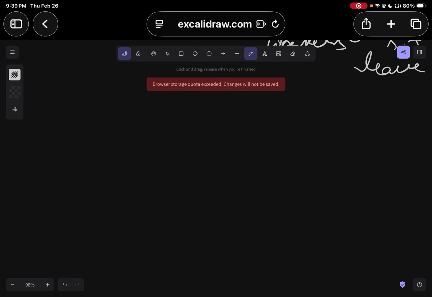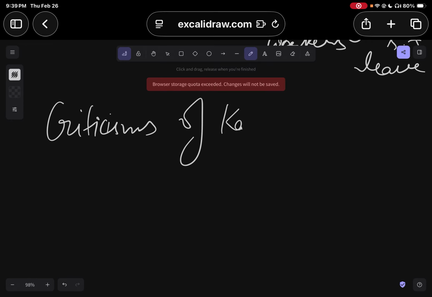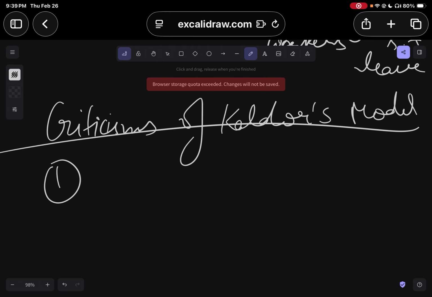Now, criticisms of Kaldor's model are: first, the model assumes that workers will accept minimum wage without resistance, but empirical evidence is mixed, and in the modern world, workers resist a fall in W upon Y if they realize it. This is also the criticism of the Kalecki model of distribution, where Kalecki didn't mention how workers won't be able to negotiate for their wages even when there is a presence of trade unions. So similarly, the model assumes